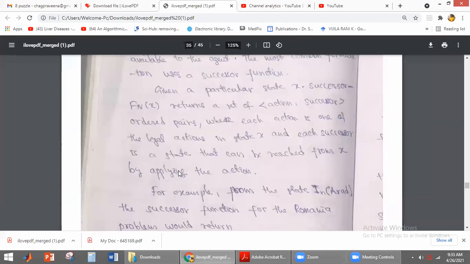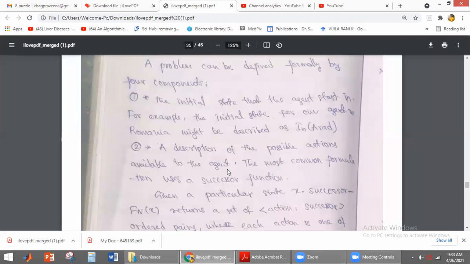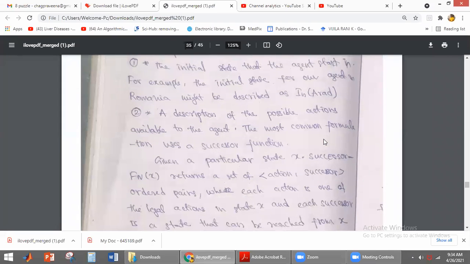Now, what else do we have? The successor function. What is the successor function? It gives the possible adjacent states to that particular initial state. This successor function will return what action the agent will perform and what state it will reach.